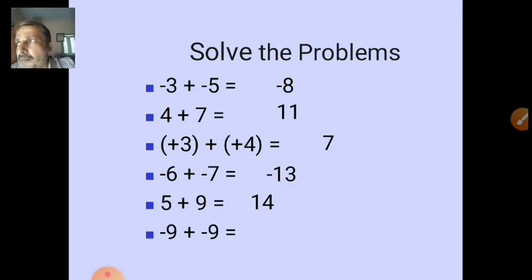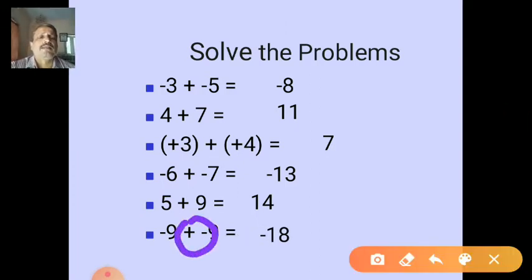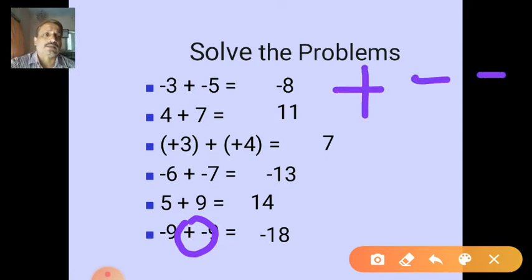Yes, minus 9 and minus 9. What? Yes, you have a doubt for this one. Minus 9 plus minus 9. So students, minus into minus gives a minus only. So here minus 18 is the answer. Some students have a doubt for this one: why is the sign given twice? So we know plus into minus gives the minus answer. Isn't it? Yes.